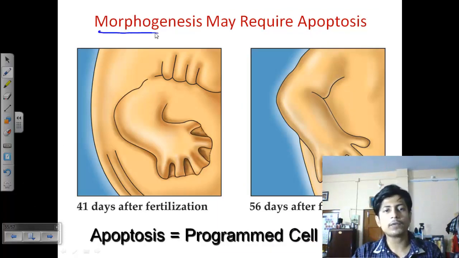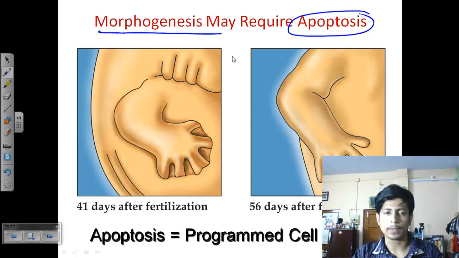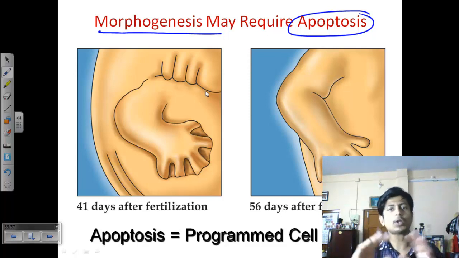In the morphogenesis process, apoptosis is required to work properly, because during morphogenesis sometimes we need to generate some cells, and sometimes we need to kill some cells for the process, because it's all about trimming. Let's say you have a play dough, I mean dough that is clay, Chinese clay. Using Chinese clay we design different things, like